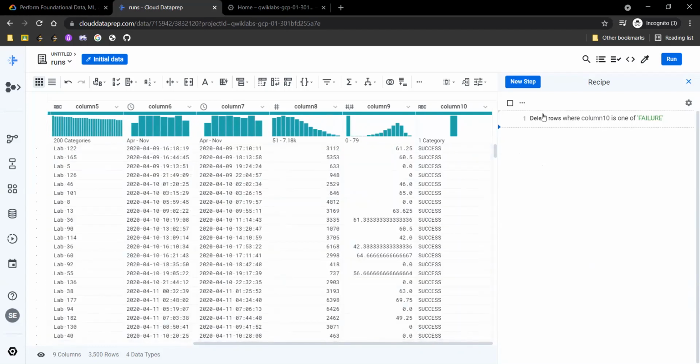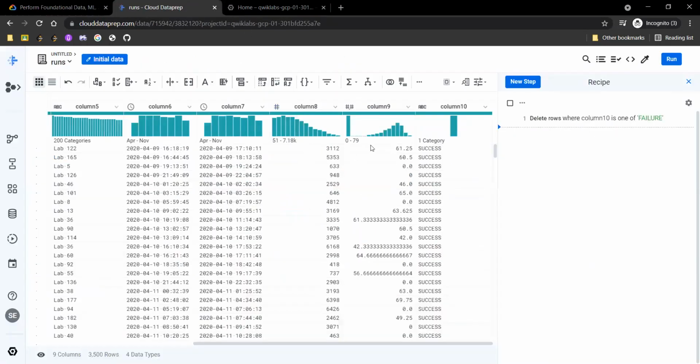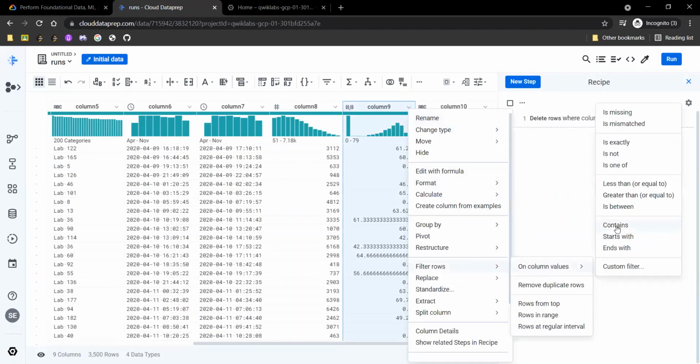So this is the first task we need to perform, to delete all rows with the column value of failure. Now the second task we need to perform is to remove all rows with 0 or 0.0 as the score. This is under column 9. What we need to do here is simply click on this icon, go to filter rows on column values and click on contains.